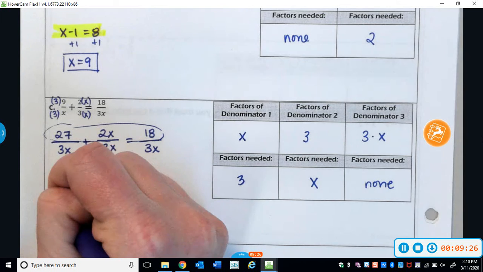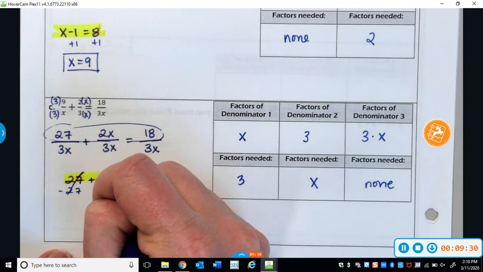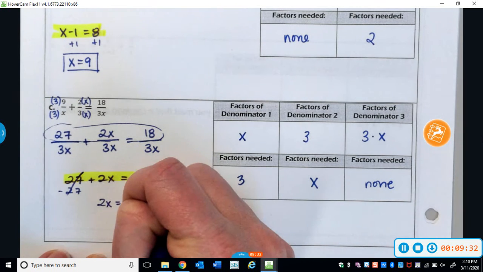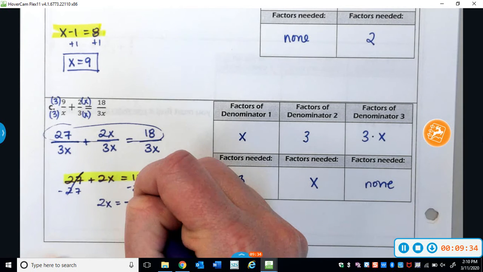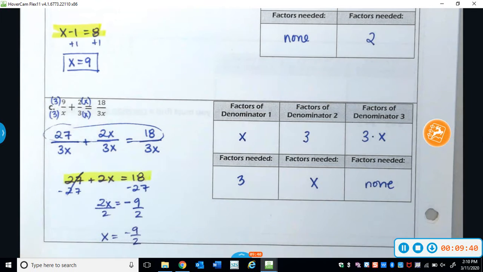Alright, I'm trying to get x by itself, so I'm going to subtract 27 from both sides. I'm doing inverse operations when I'm solving. And that'll give me negative 9. And now I'm dividing by 2. Alright, and if you change this to a decimal, that's fine for this one, because it would give you negative